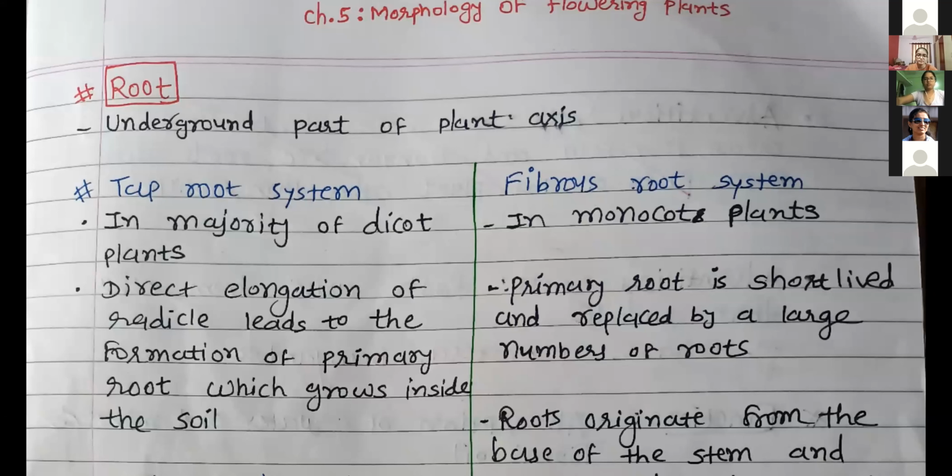So now I am going to start the next unit, morphology and the anatomy. Chapters number 5, 6, 7. 5 and 6 are related to plants and 7 is for the animals, their morphological features as well as anatomical features. First, chapter number 5, morphology of flowering plants. Can you tell me what is the meaning of morphology?